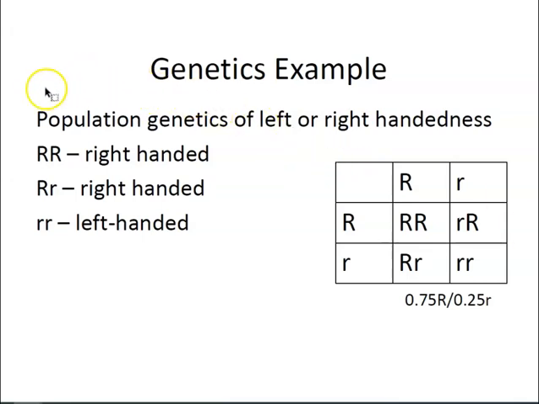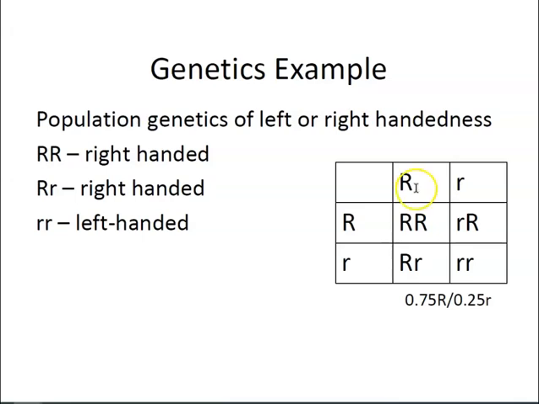All right, so we're going to do a population genetics example. Instead of looking at one particular mom and one particular dad, we're looking at all of the big R and little r alleles that are in the population. So we need to have genotyped our population so we know how many alleles of each kind are present. Suppose we know for this population that we have 0.75 big R and 0.25 little r's. That means when we have any parents coming together to mate, out of all of those gametes that are coming together,